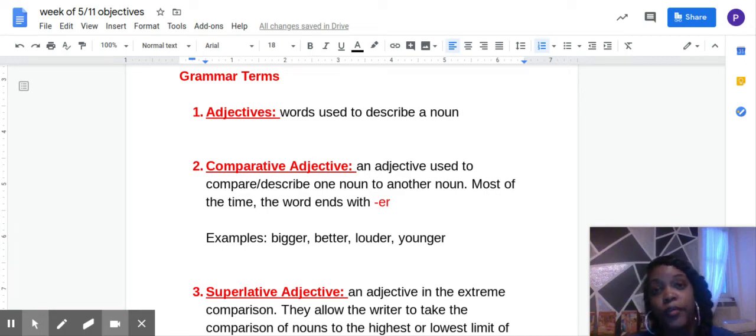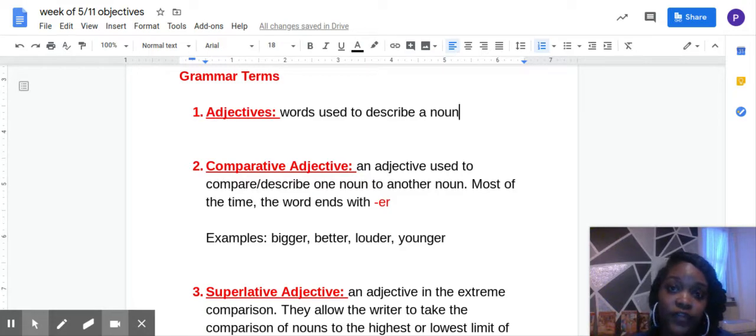This week's grammar anchor is adjectives. We're going to focus on comparative adjectives as well as superlative adjectives. So, what I need you to do in your notebook, I need you to write down these definitions after I